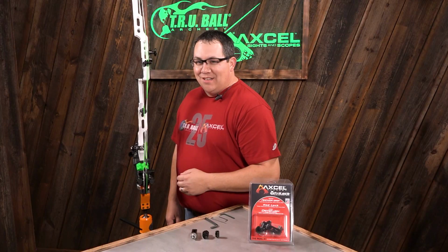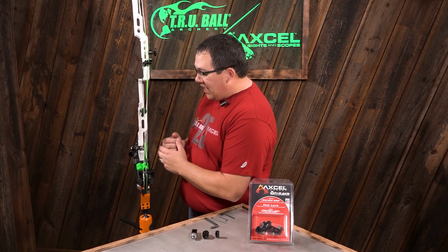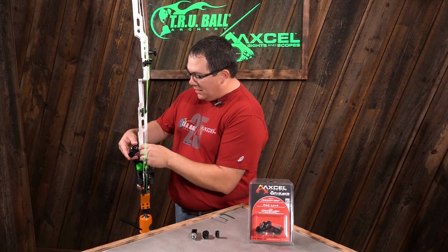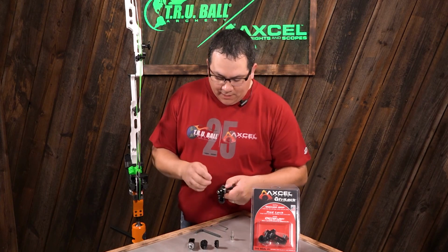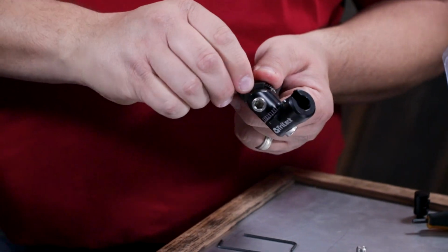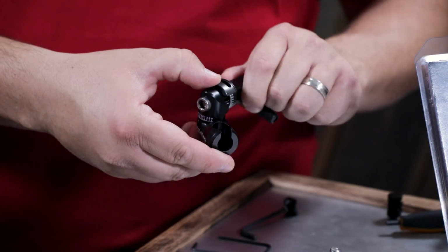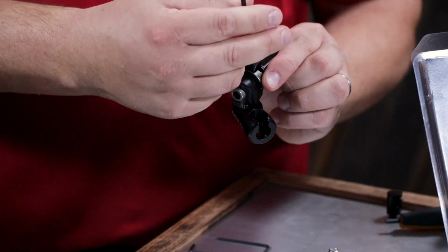So now that I have my new adjustable offset bracket mounted, and I've decided that I need a little bit more length as far as getting my bar out away from the bow, it's a simple two-step process to get that done. I'm going to take the bracket off the bow just because it's a little easier to do this with the system off. I'm going to take my anchor grip screw on the top here, take it completely out, and set it aside. Now this whole system won't come apart, so you're good. But what you're going to see is there's a screw hole on the top and another one on the bottom. So we're going to rotate 180 degrees